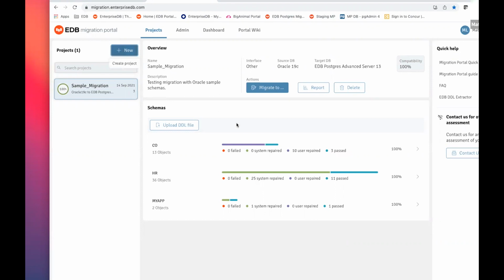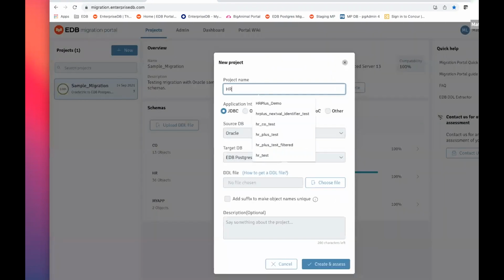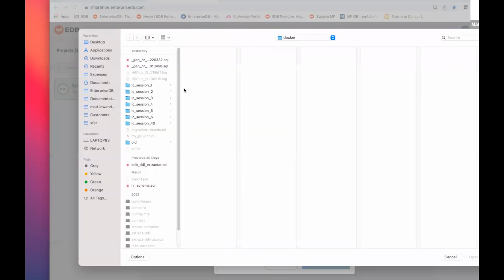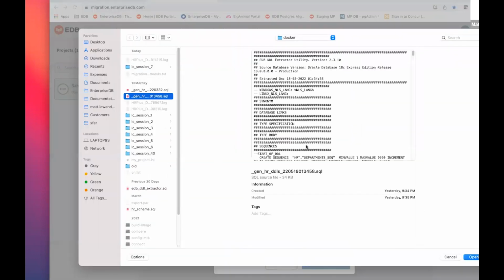It's simple. I'm going to create a new project, and you need to have basically the data definition language, or the SQL file that defines the tables and such. You need to extract that from the Oracle database. I already did that. We have a tool called the EDB DDL Extractor. I used that. I'm just going to go ahead and choose the file that I'd already generated for that purpose,